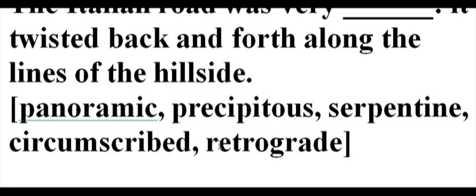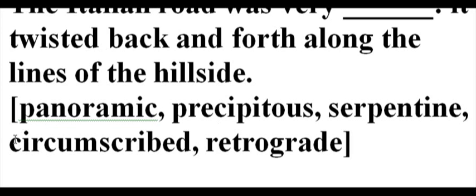Again, you don't have to know what these mean. You only have to know their relationship. Panoramic means scenic, precipitous means dangerous, serpentine means in a snake-like manner, circumscribed, I have no idea what that means, and retrograde means sort of old style or old-fashioned. Now, even I don't know what circumscribed means, and I'm going to look it up after this video, but I